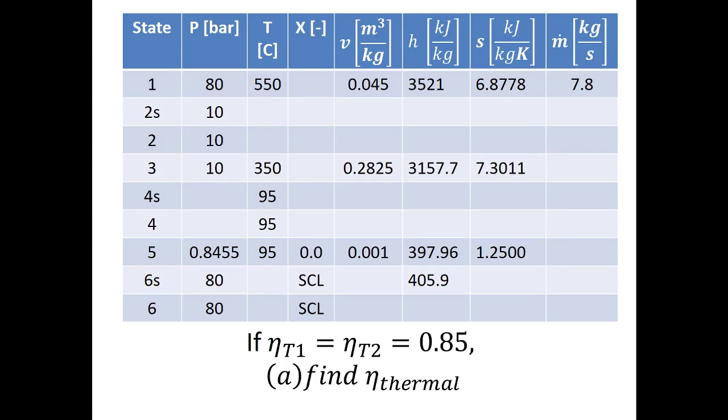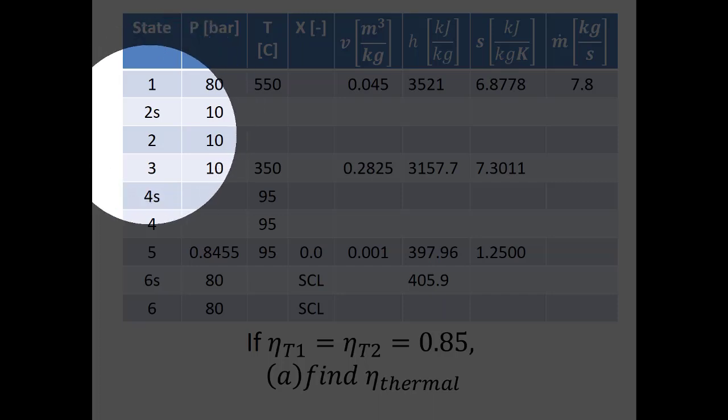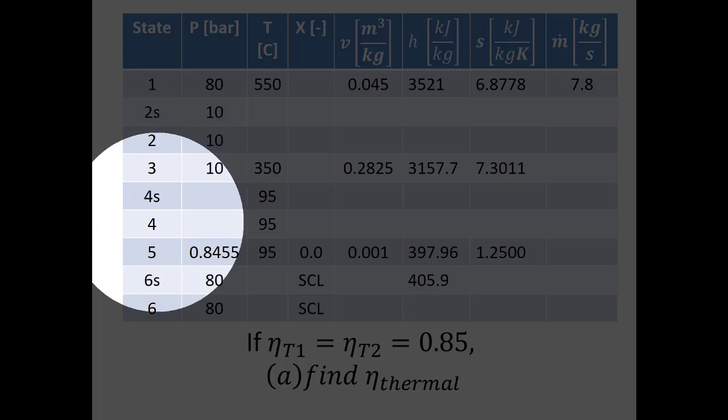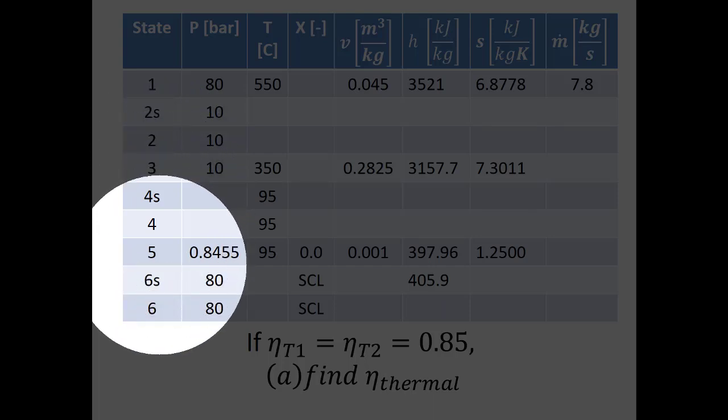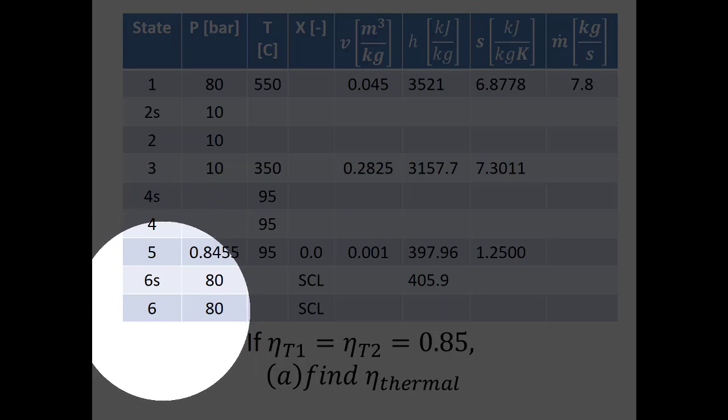So on that handout, it gives us this state table. This state table has only the states inside sort of the Rankine cycle part. On the exam and in a previous example we also talked about the cooling water, but that's not here. So we have the inlet to the high pressure turbine at state 1. We have an ideal and a real outlet from that turbine. Then the inlet to the second turbine, an ideal and real outlet. Then we go through the condenser, right? And then as we move through the pump between state 5 and 6, we have an ideal outlet from the pump and a real outlet from the pump.